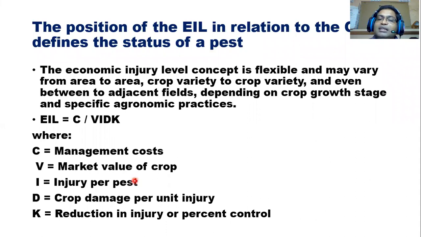If you take maybe a flower feeder, it eats only a little bit, so the injury per pest is less and you can allow more pests. Even for fall armyworm, you cannot allow a single larva because it is a voracious feeder. According to that, you can decide the economic injury level, at which population it can cause economic damage. So the minimum population you are going to allow, without management, will not cause economic injury. You can decide that by using this formula.